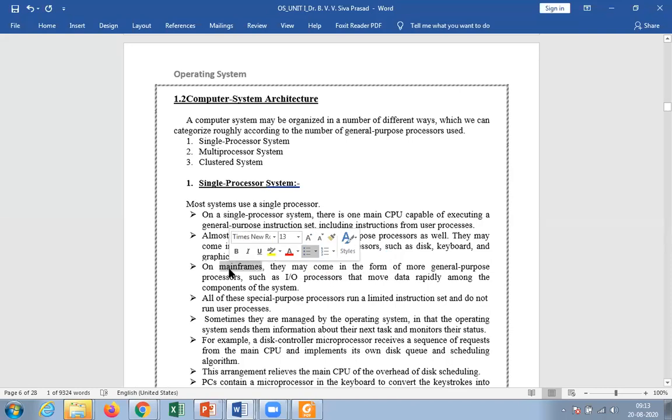Whenever you are considering these mainframe systems, they are hugely used in the software industry, and the projects dealt with in mainframe systems take a lot of time. Suppose whenever you join a software company, if they give priority to choose a project, then you must go with a mainframe project.